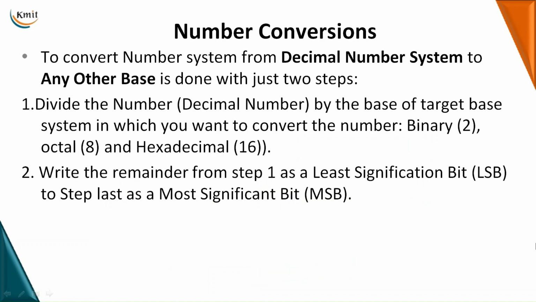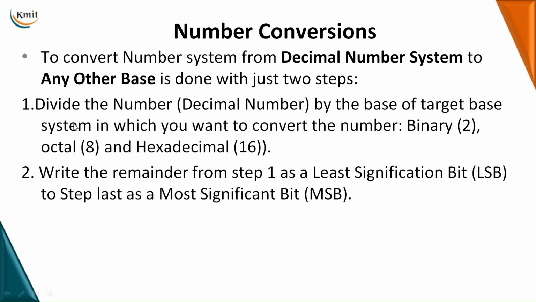Next we move on to number conversions. You need to convert a number from one number system to another. To convert a decimal number to binary, octal or hexadecimal, whatever it is, you have to follow just two steps. The first step is to divide that decimal number by the base of the target. For example, if you want to convert a decimal number into binary, the base is 2, so you have to divide that number by